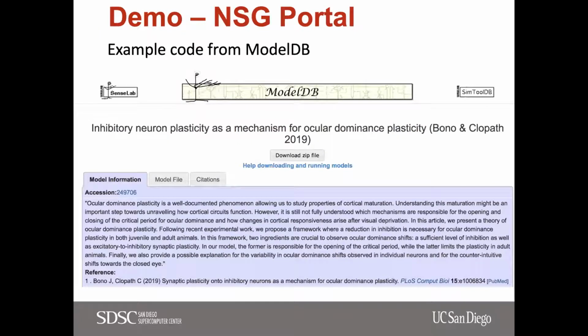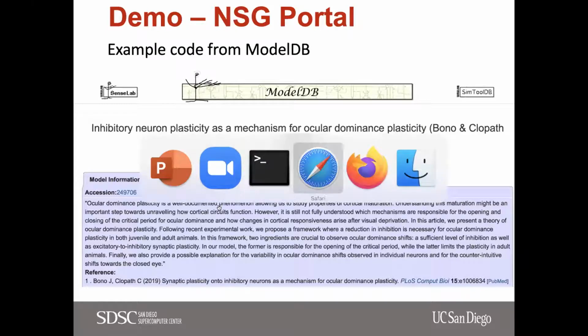So with that, I'll show a demo of how to use the NSG portal, and I'll be using an example code from ModelDB, and there is no particular reason for choosing this code model. I was just looking for a Python code, one of the latest models that has been deposited in ModelDB. And I know that later in the day you would have a demo of Matlab and EEGLab and Neuron. So I just chose a pure Python code just to show this demo. And if you already have an account and you want to try it out, you can also choose an example code from ModelDB. So with that, I will switch over to